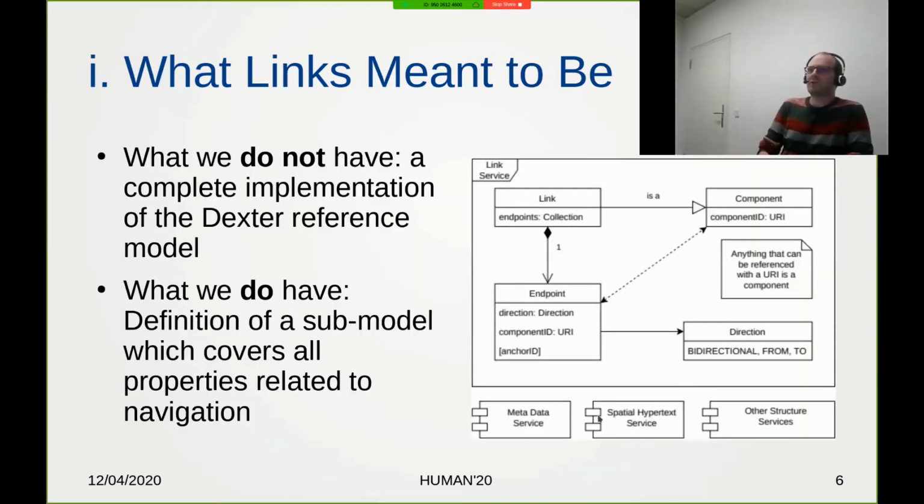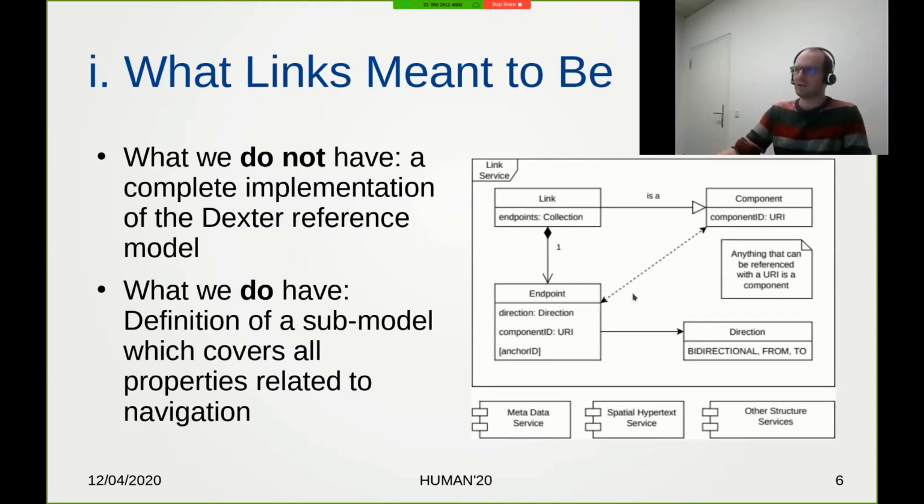So what did we not implement? We do not have a complete implementation of the Dexter reference model. For those who are familiar with the model, there are many properties and many different layers, because Dexter tries to be sufficient for a wide range of use cases. And we wanted to focus on the navigational properties. So we cut off a lot of the stuff in Dexter, and we were left over with what you see on